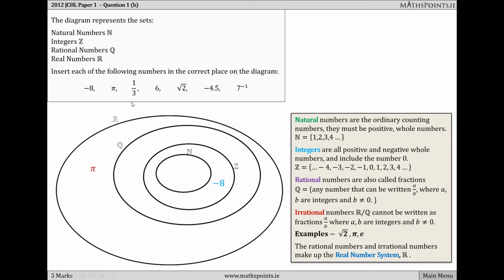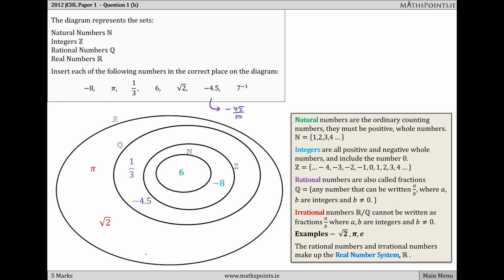1 over 3 is a rational number, can be expressed as a fraction a over b, so that goes in the Q circle. 6 is a natural number, so that goes in the inner circle. Root 2 is a number that cannot be written as a fraction a over b, so root 2 goes in the R circle. Minus 4.5 can be written as a fraction, so minus 45 over 10, and so it goes